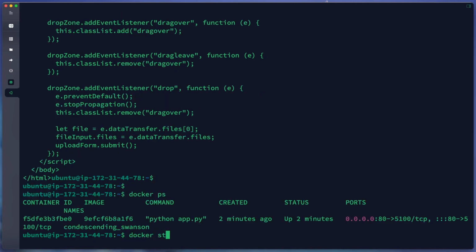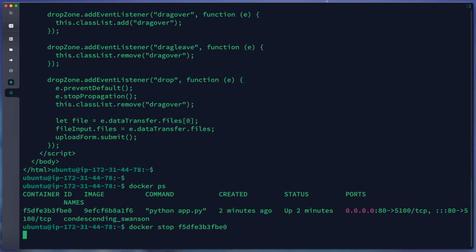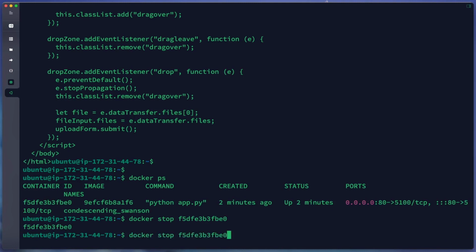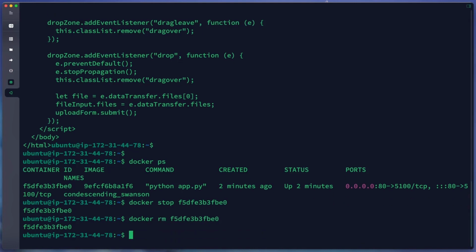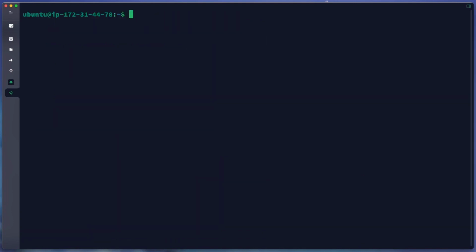Docker stop. Then we remove our container. Now we will run our container on a different port, accessible only through our Nginx reverse proxy.